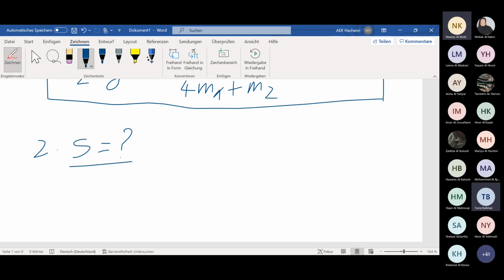The first case is when the mass M2 is held fast. That means the mass 2 doesn't move, then we can say that in this case, the case A,